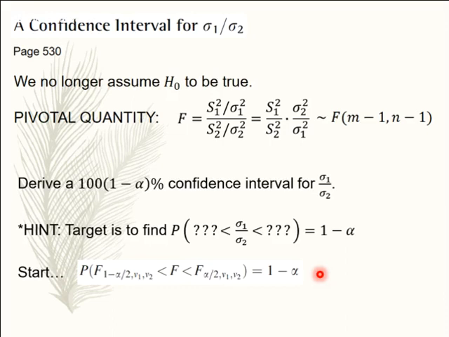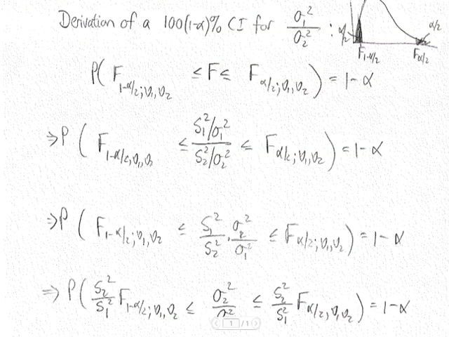Let's have a look at how you do it. I'm just going to walk you through it, and the next set of notes that we're going to look at now are available on ClickUp under the additional notes for this week. In order to derive a confidence interval for sigma 1 squared over sigma 2 squared, we need to start with